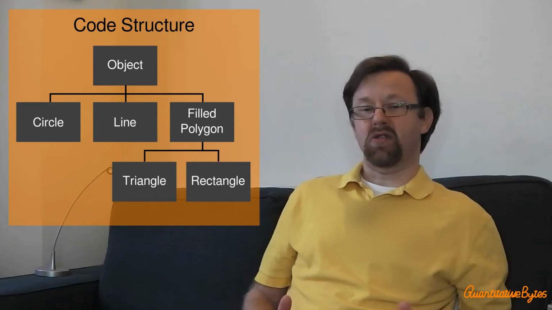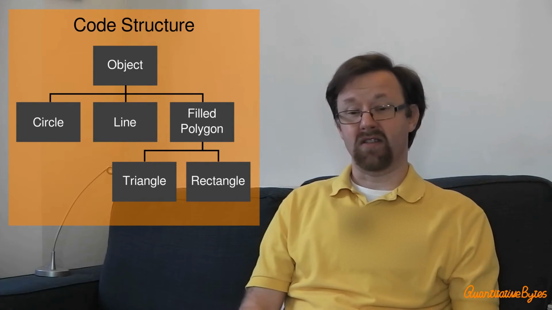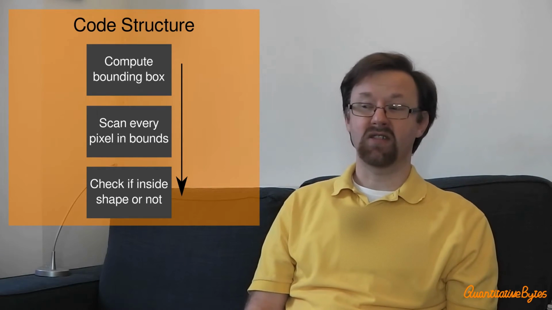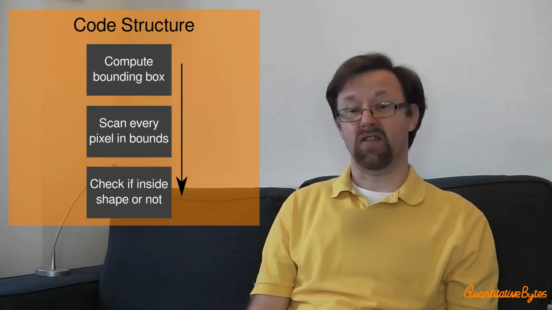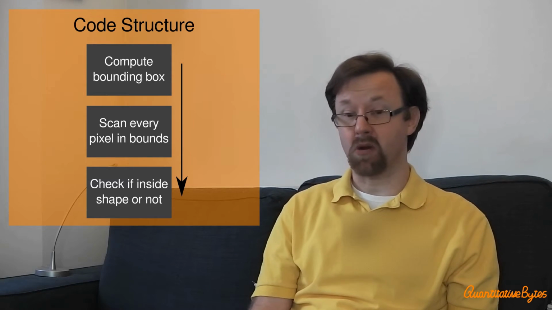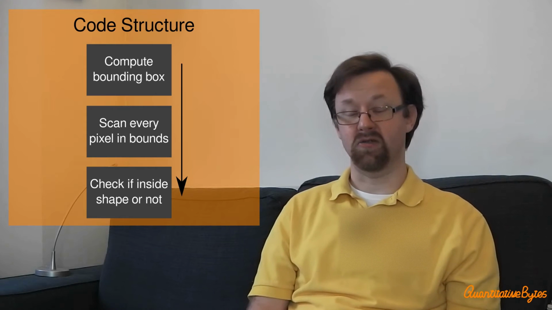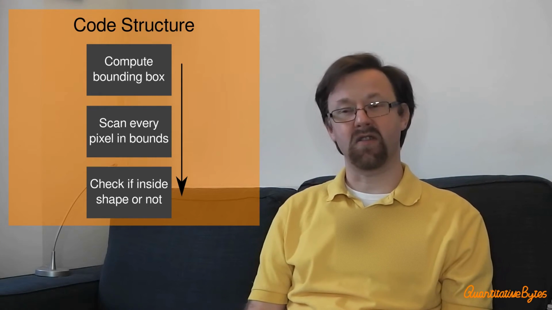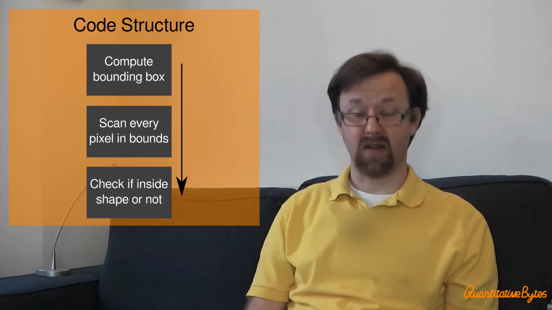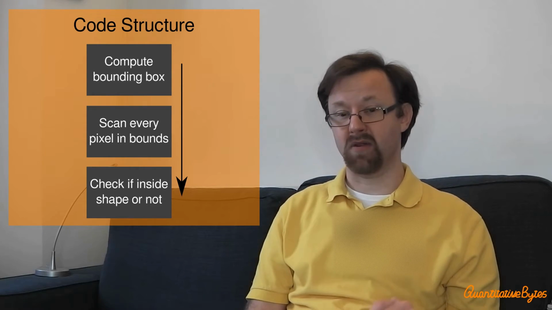The actual process by which we're going about generating these shapes doesn't vary that much depending on what the shape is. So the flowchart that you can see here shows the basic outline of everything that we're going to do. To begin with, when the user creates an instance of the class for a shape, we will compute the limits of a bounding box. That's the box that contains all of the pixels that contain our two-dimensional shape. And then it's really very simple. Once we've got the bounding box, all we actually do is loop through every pixel in that bounding box. And for every pixel, we check whether that pixel is inside the shape or not.